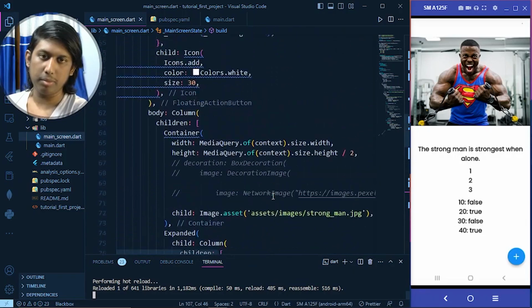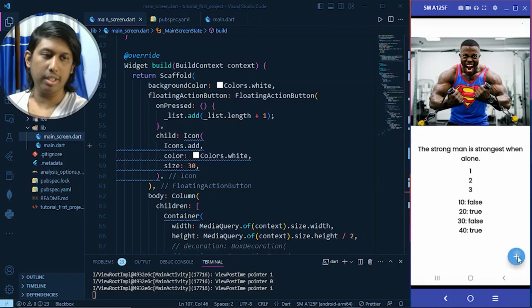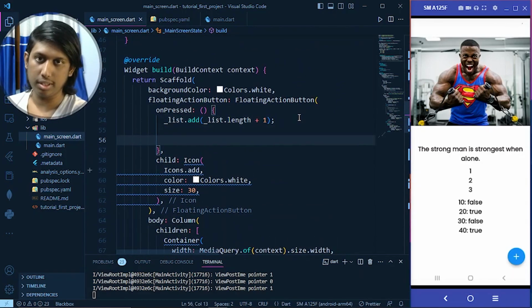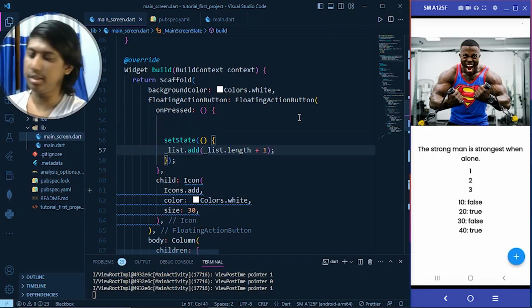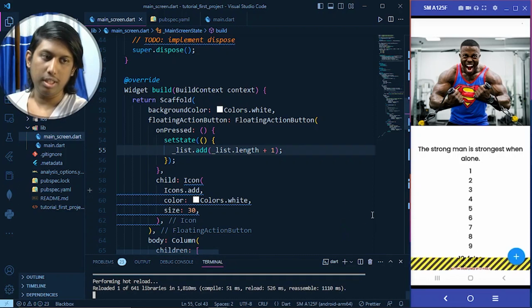Now we made a small mistake here. Before clicking on the plus icon, as you can see, it is saying list.add, but the effect will not show as of now, because the value is not increasing, because we are not updating the state. So in the stateful widget, if we want to update the state, we have to use setState, that I did in one of my previous videos of this series. So now we have to write setState, and under that setState, we have to cut it here and paste it under the setState. So if we undo that and make a hot reload, as you can see,